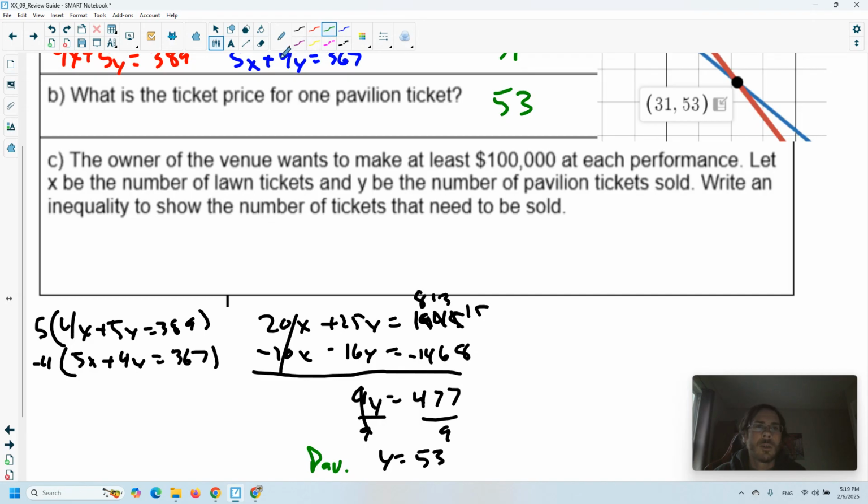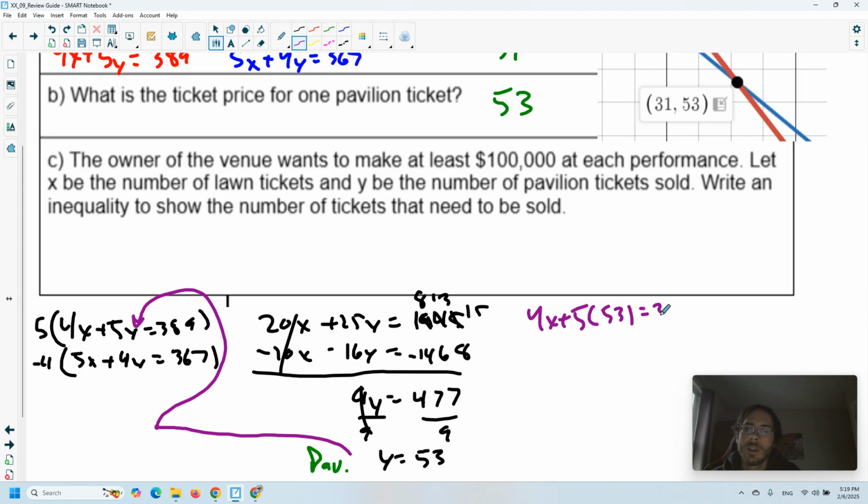All right, and then if I want to do the lawn tickets, then I would have to take that number and plug this 53 in. I'm going to plug it into the top again. So we get 4x plus 5 times 53 equals 389. The reason I picked the top this time is because I think it's going to be easier to multiply by 5. 265